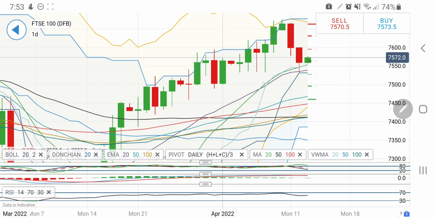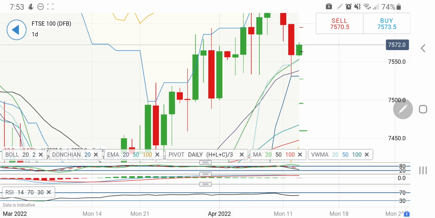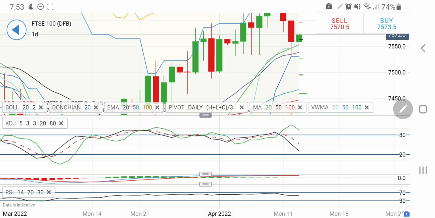See, FTSE 100 on the daily charts, I have always maintained 7540 is a very strong support. With the support at 7540, this retracement is being completed. Now the next support is 7550, 7560, and till the time it remains above 7550, 7560, we can expect it may try to come back to 7600 levels. So yes, with the support at 7560, one can remain long on FTSE 100. One can expect 7600,